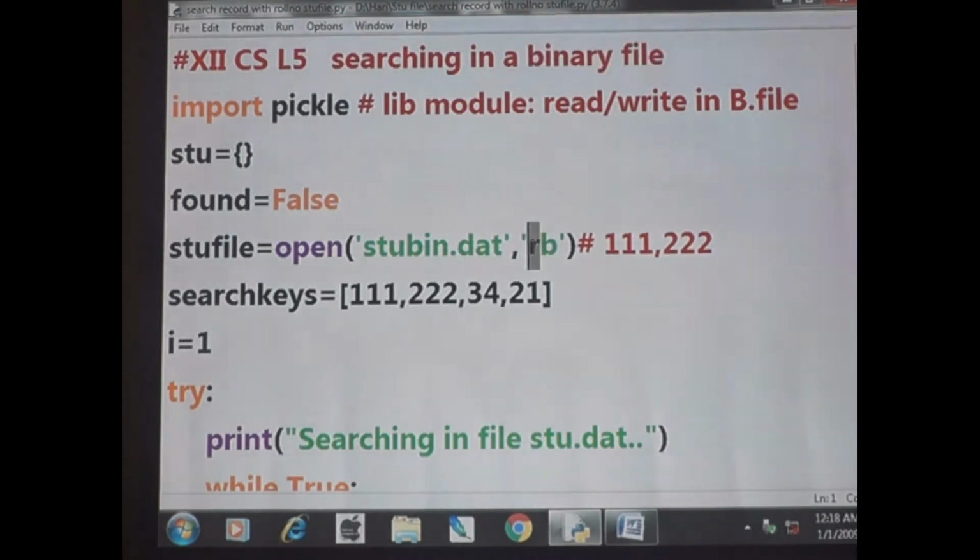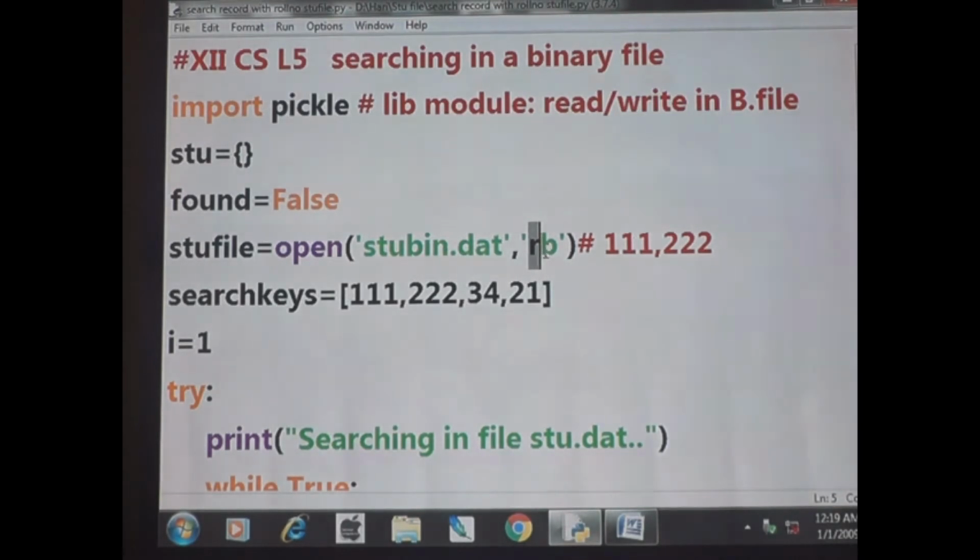R means we are going to read that file. I have stored this concept of opening and reading stubin.dat in stu file. Hereafter, stu file means I am going to open stubin.dat and read it.